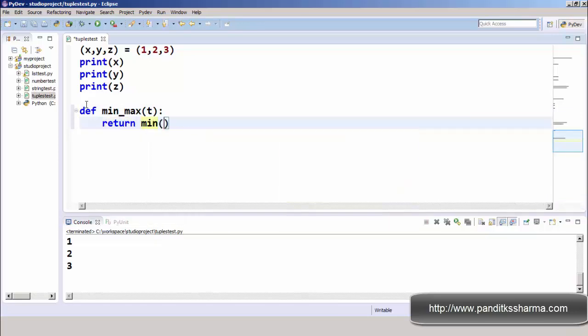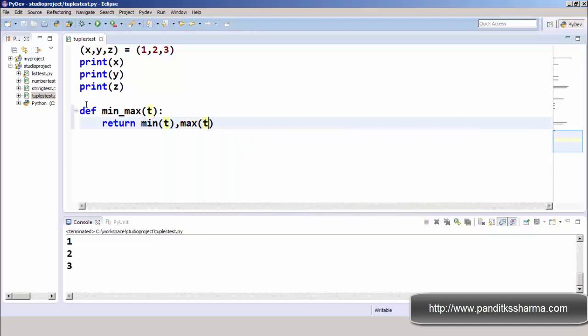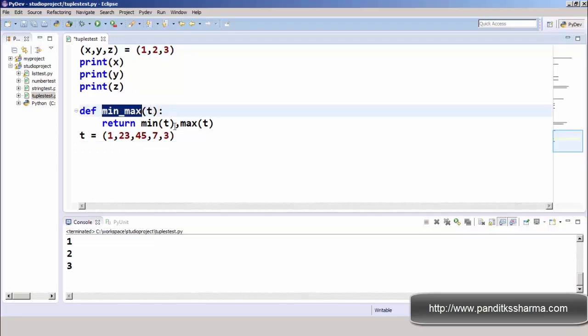We can use the min built-in function and the max built-in function. And now I have one tuple which has some values, and now I want to know the minimum and maximum number of this tuple. I can call this function directly and it will return two values. So we need to handle these two values.